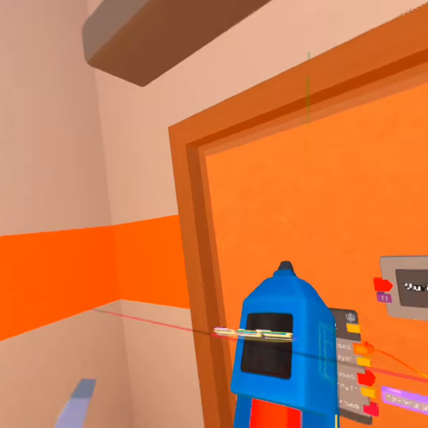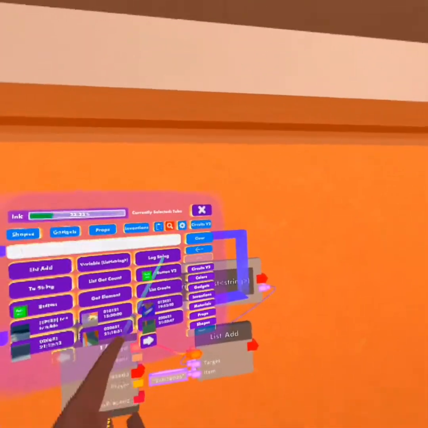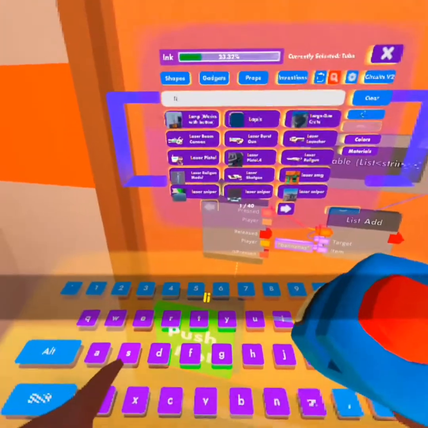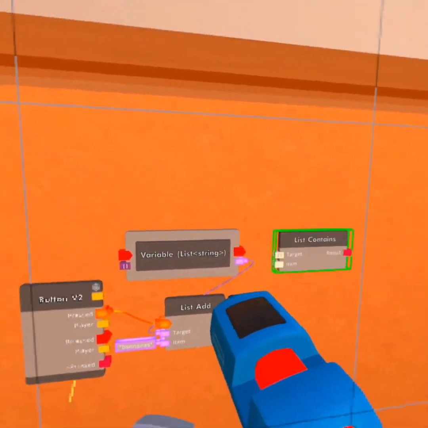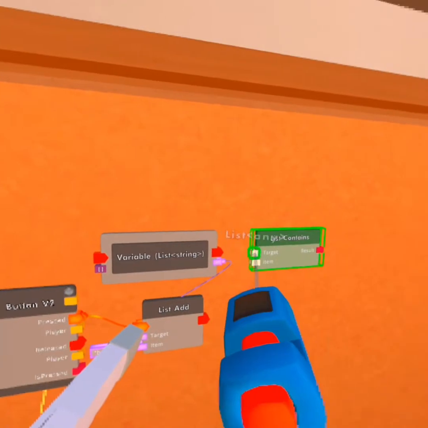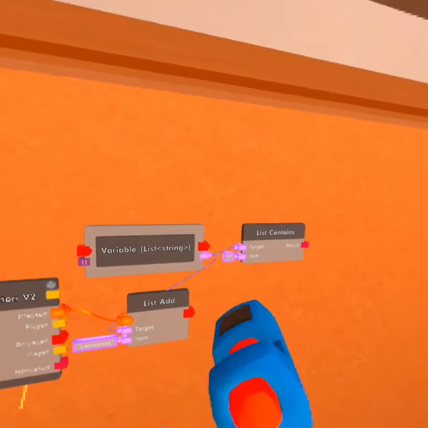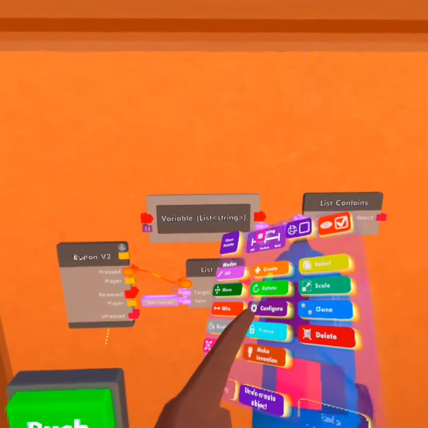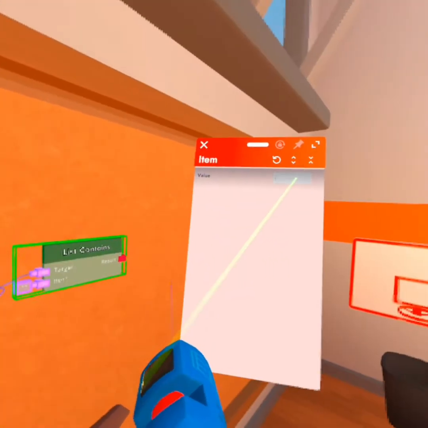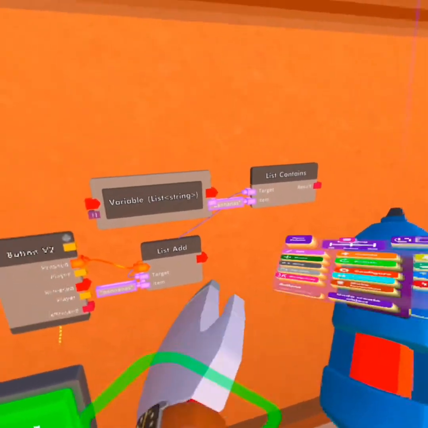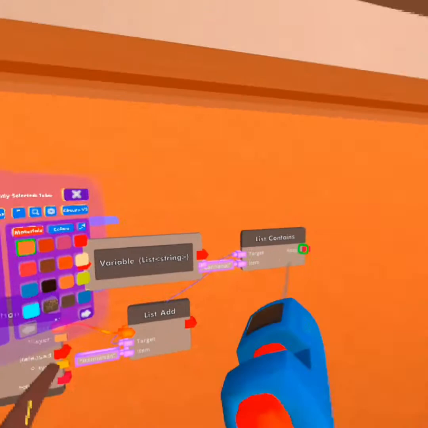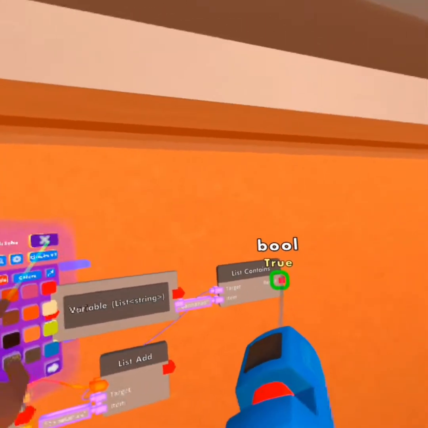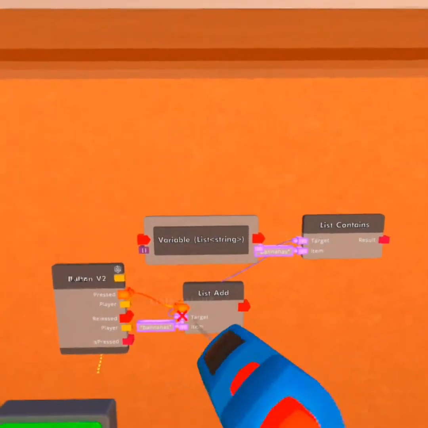Well, to see that, you're going to want to use something called list contains. List contains is very important to see what's inside of the variable list. If we tie up list contains to this and say if it contains bananas, and point it at the boolean value, it'll say true because it does contain bananas,